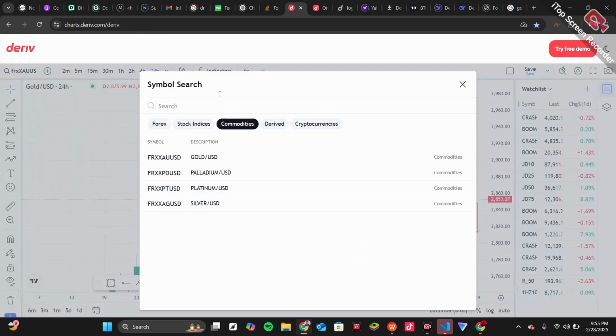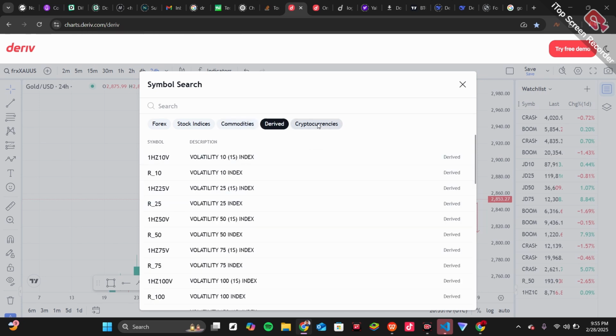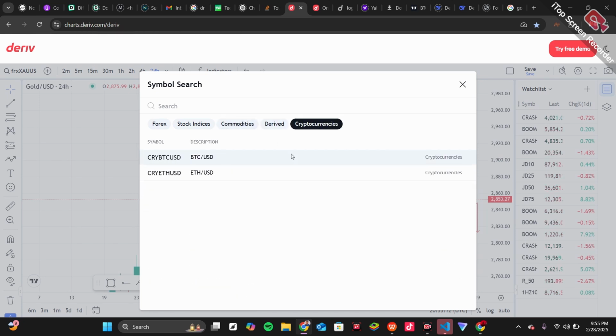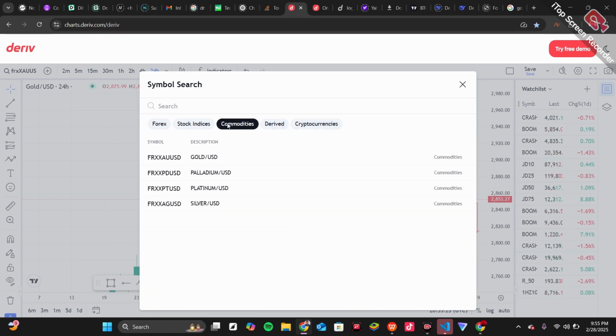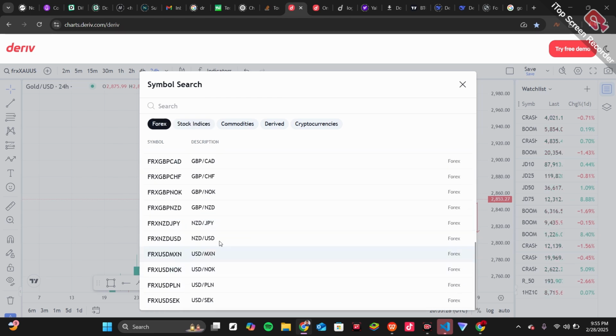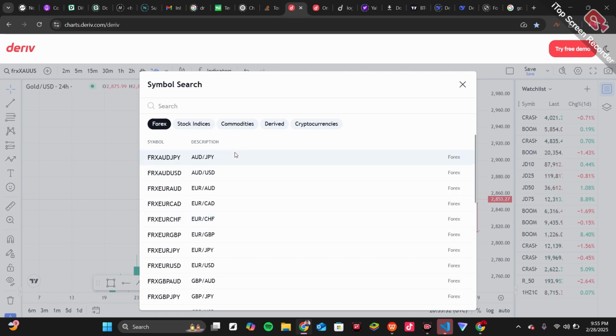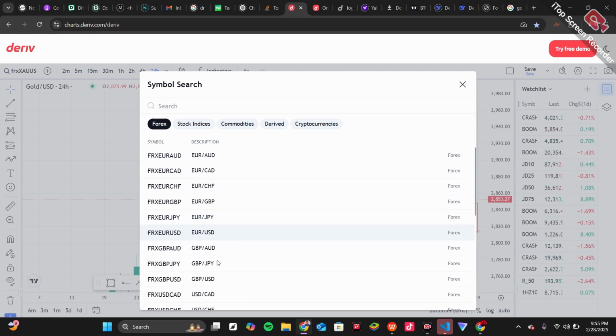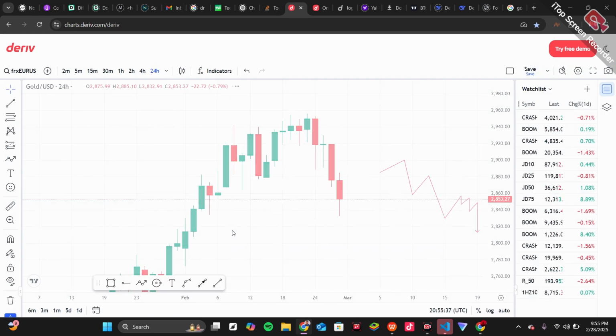So still talking about the pairs in synthetic indices. I've talked about this. Also, crypto. We have BTC and Ethereum USD. We don't have all the crypto assets here. I don't know why they didn't apply it. But apart from the cryptocurrency, other currency are available. The forex, almost all the pairs in the forex markets are here. They are the same thing. If you go to your chart on Euro USD now,